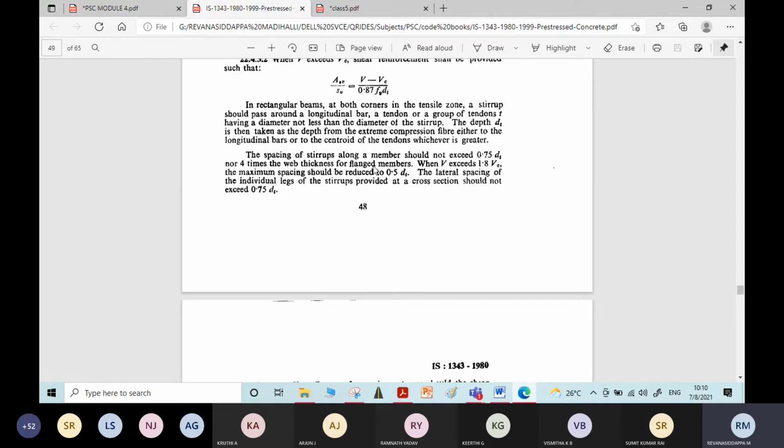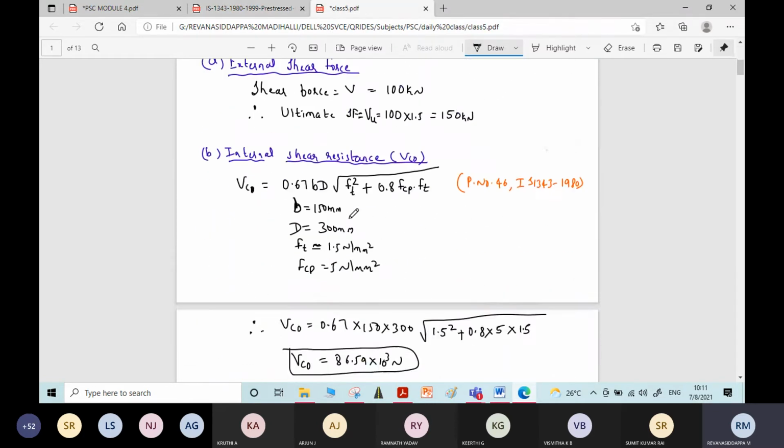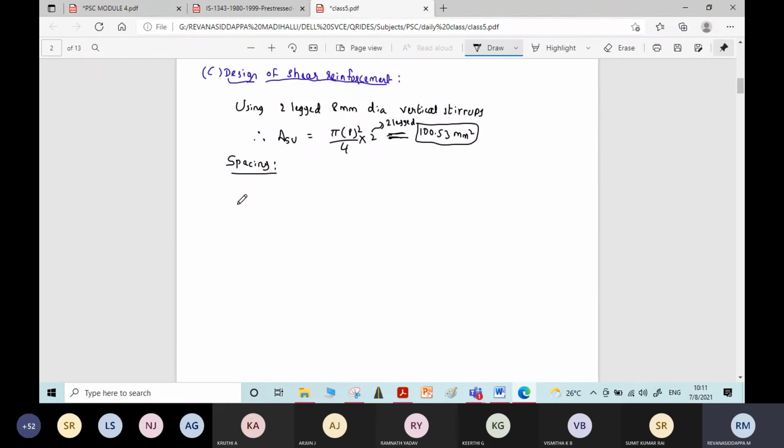So for all these 4 calculations, whichever minimum spacing value you get, you choose that as the actual spacing for the stirrups. Okay, so first one,